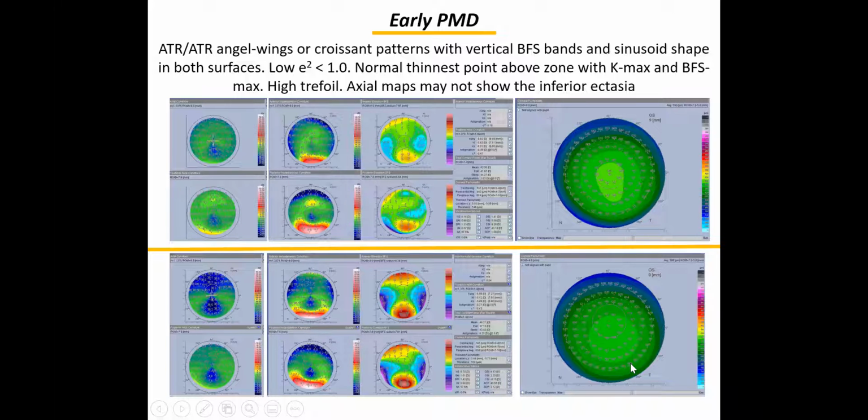So probably pellucid marginal degeneration comes from against the rule anterior and posterior surface, and from a thinning process, originally. In keratoconus, the thinning is the consequence of the progression of the lump and the protrusion. But in pellucid, maybe just the opposite. The progression of the lump and the ectasia is a consequence of the original and primary thinning of the inferior portion